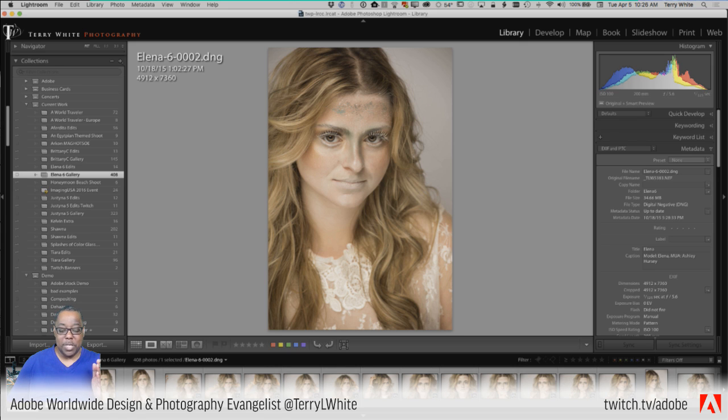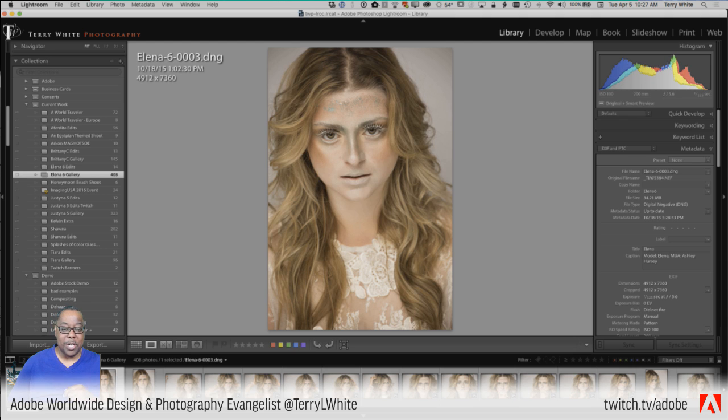Let's say I want to give it a green flag. So I'll hit the number 8. That gives it a green flag, and I could have clicked green down here, and I see that the green is highlighted. Now, it stayed on this photo, so that means it's waiting for me to either do something else or go to the next one. So I can hit the right arrow and go to the next one.